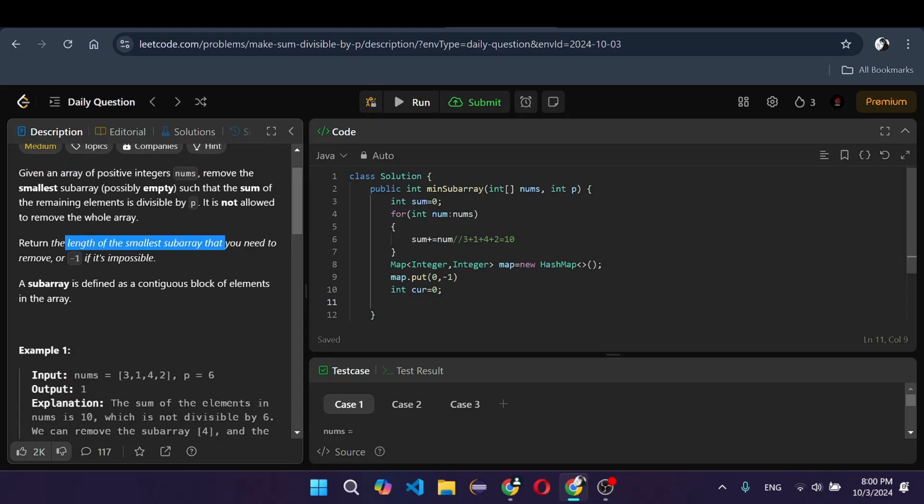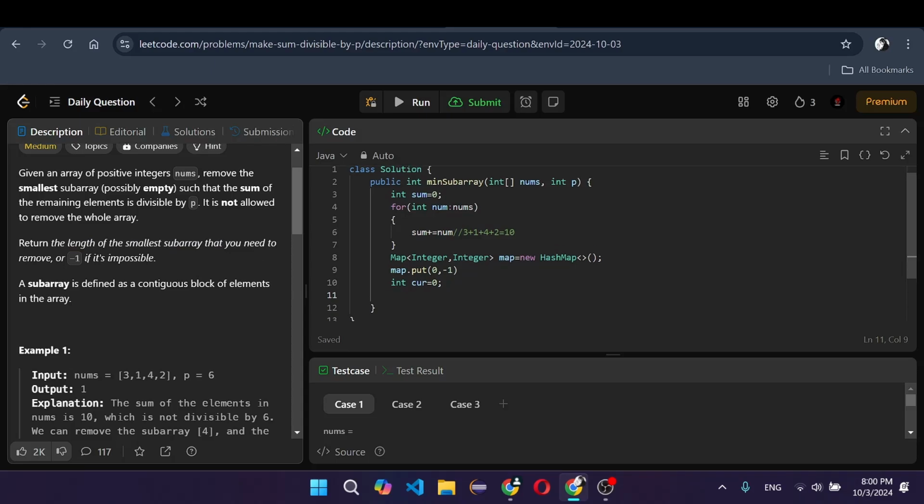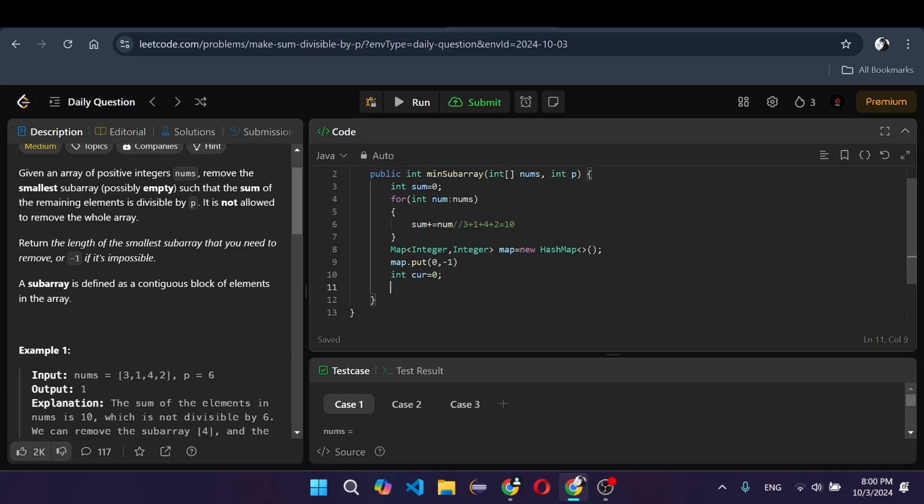Return the length of the smallest subarray. So obviously we are going to use a minimum function. So let's create one int minimum length, which is equal to nums dot length. Okay,